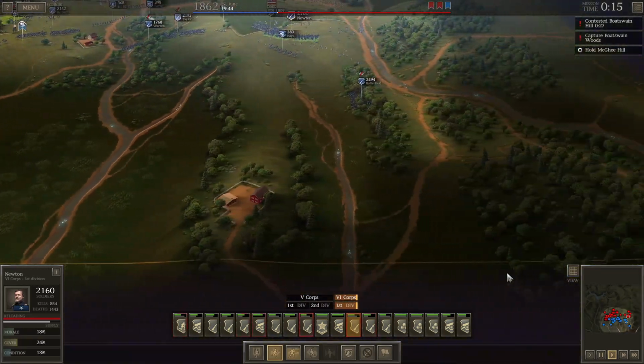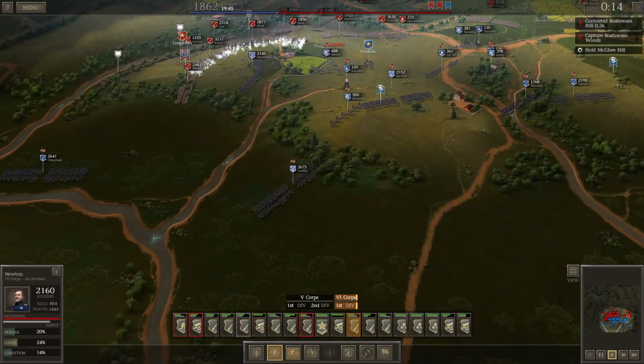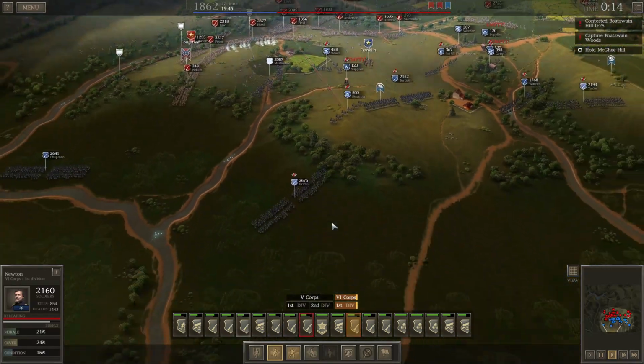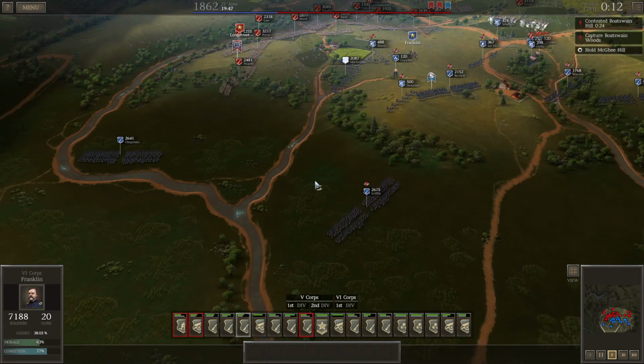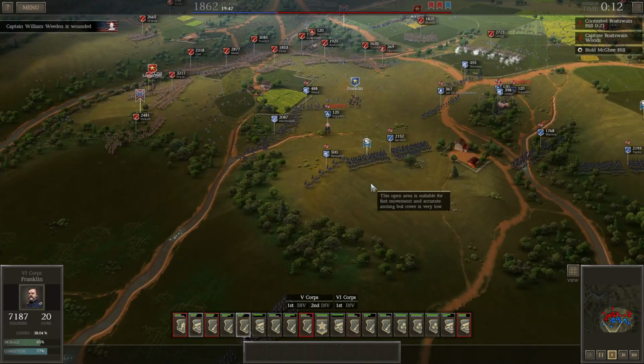Now the Irish Brigade is going to be coming up in this region, to hold the defensive position and allow for a much more orderly withdrawal than we are seeing here. And I believe it's the 69th Pennsylvania. I'll have to verify that. Oh, it's the 37th New York. And they're sent in to...